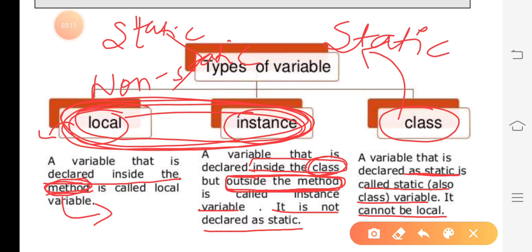ठीक है. And there is one more difference, that local variable must be initialized during declaration. Means while you are declaring a local variable, there is a need to initialize it because they are not initialized